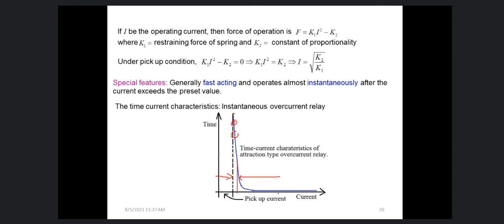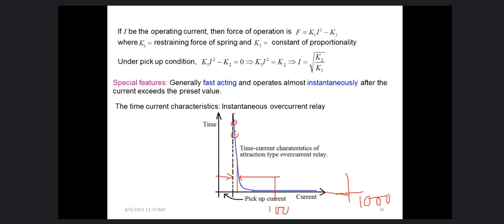You see it is almost parallel to the y-axis, so time is the same for all the current, and it is very low. Say if the scale is 100 ampere here, then it is 1000 ampere there. It has nothing to do with this relay; it cannot differentiate between them. For 100 ampere or 2000 ampere, it will disconnect the circuit at the same time. So actually it cannot wait. It has no time gradation.